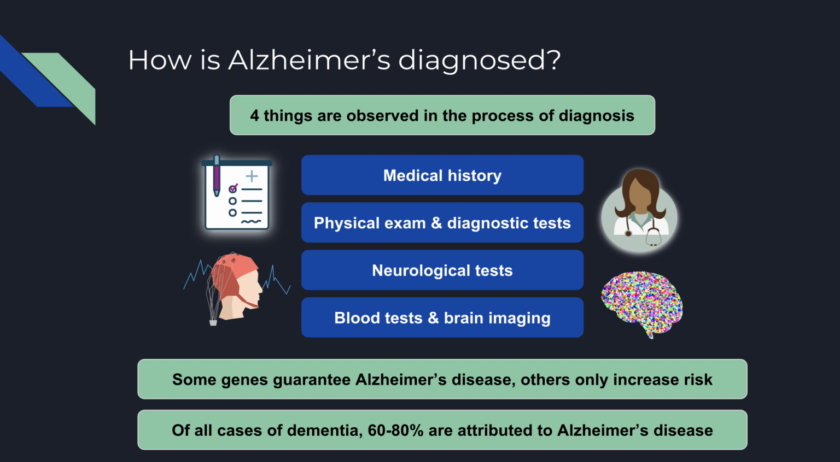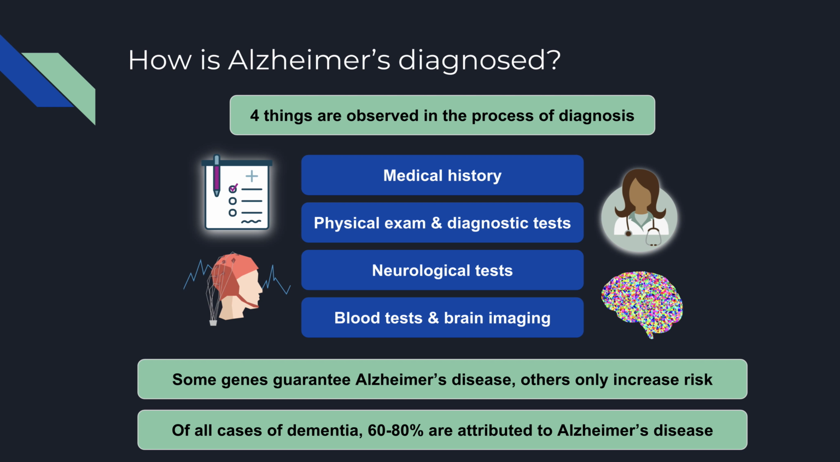In Alzheimer's disease, diagnosis through testing is done to rule out other causes of dementia that could be present, even though 60 to 80% of cases of dementia are attributable to Alzheimer's disease. In the process of diagnosis, 4 things are observed to make sure it is Alzheimer's causing the dementia. First, a detailed medical history will be reviewed to make sure the symptoms are not from a medication or another illness. Second, a physical examination and diagnostic tests will be administered to rule out external causes having to do with lifestyle and general health of